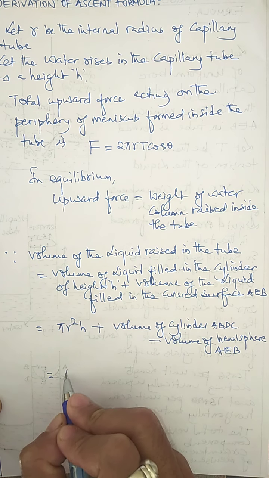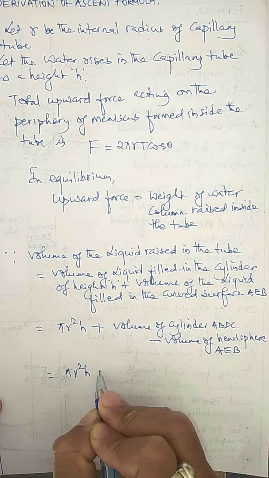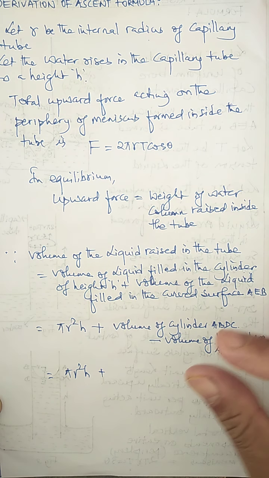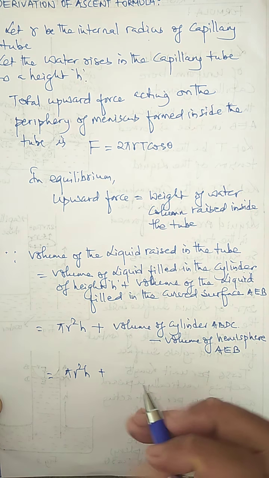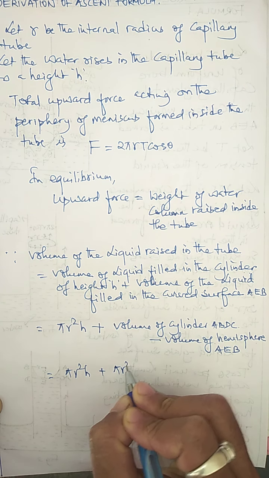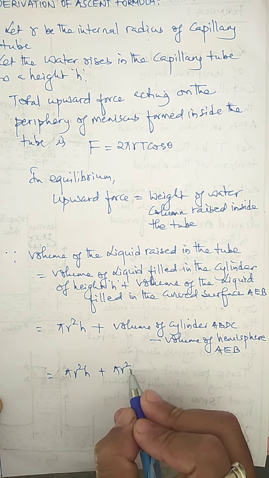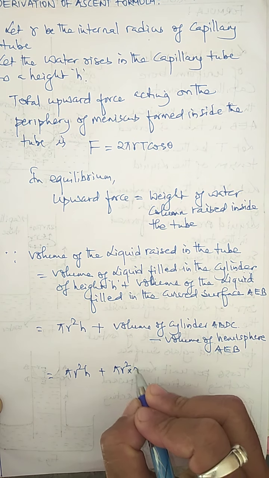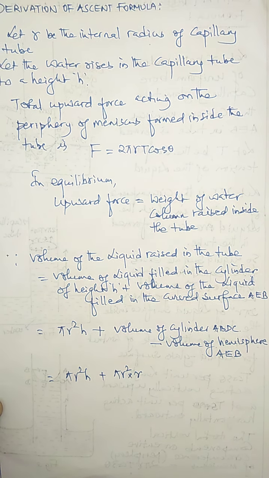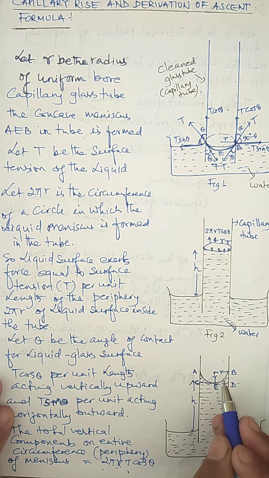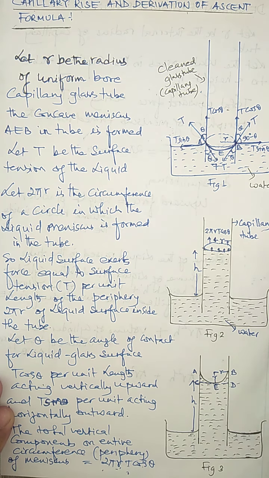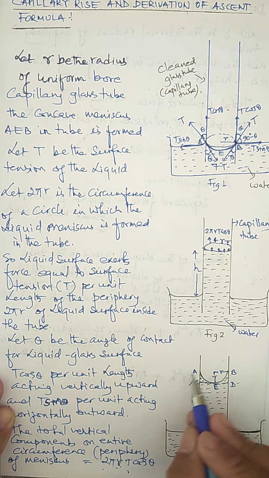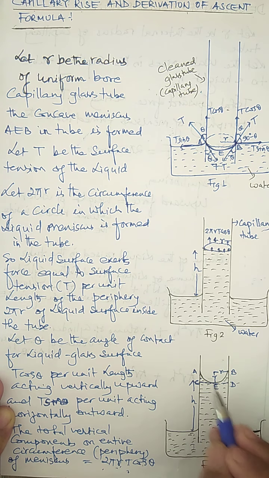So the formula is now pi r square h, the volume of cylinder. The volume of cylinder ABDC means that the cylinder has height equal to radius, and is given by pi r square. The radius is r square only, but the height of the cylinder in which the curved surface is formed is r. We have calculated the volume of this cylinder, this much height. The height of the cylinder is r, the radius is also r. That's why the volume is given by pi r square r,